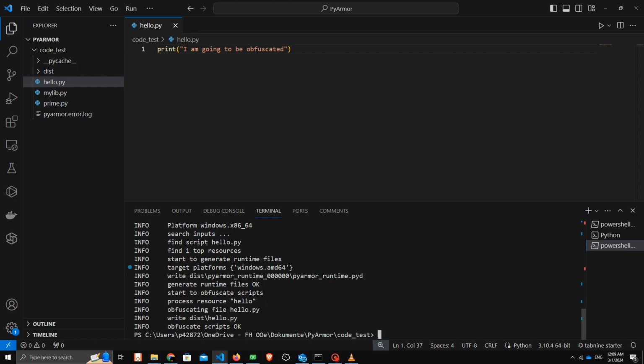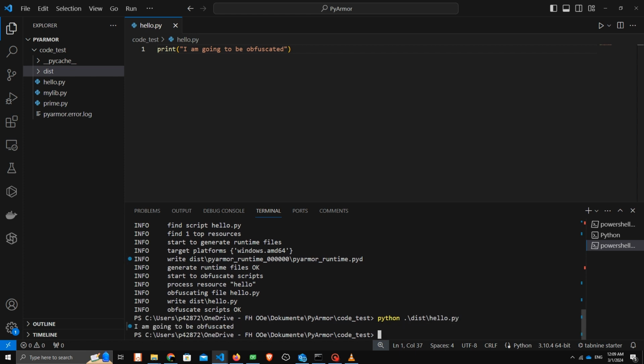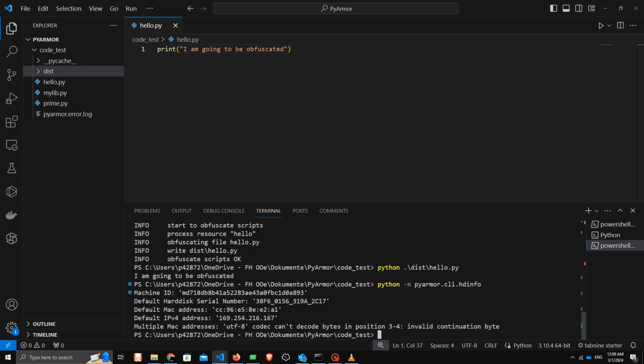So now it has run and generated this, and it is limited to this machine. So if I want to run it, python in the dist and hello, yeah, it's obfuscated. So it runs basically. And sometimes you want to put multiple types of limitation. For example, if I run it here again, you want to put both this and this. If you want to do this,